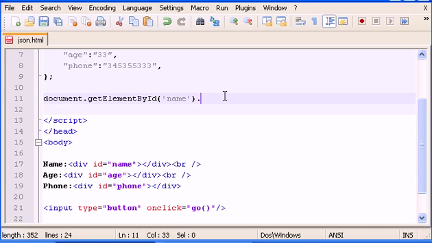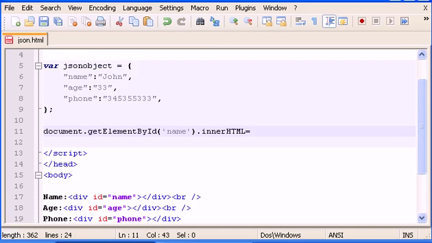So name dot innerHTML equals the name of the variable that holds the JSON object. So JSON object